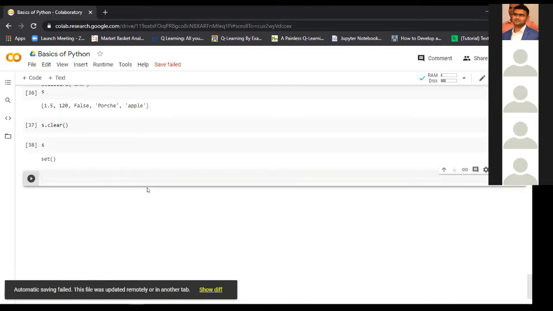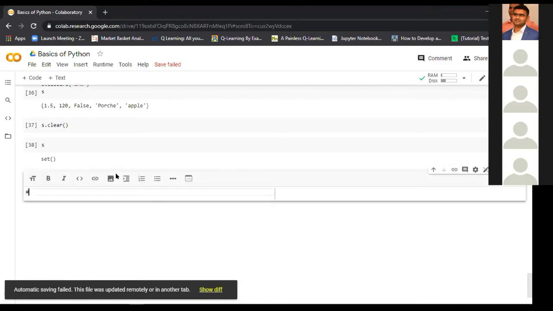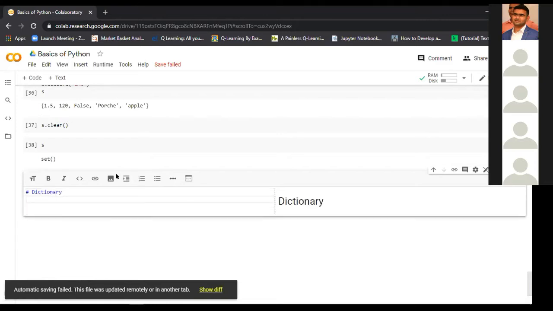Now let's take the dictionary, the final collection. So now let's see dictionary. What is a dictionary? A dictionary is also like the set.